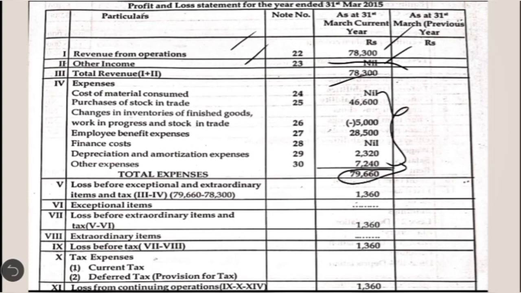Okay, so we want to calculate whether there is profit or loss. Here the total expenses are more than total revenue, so we will have a negative value, which is loss before extraordinary item, exceptional item and taxes. The negative value here is minus 1360, which is a loss. From that we are going to deduct the exceptional items. It is nil, so 1360 is the loss before extraordinary item. In the next line, less extraordinary item, which is nil, we have 1360. In this case they have not given anything regarding providing for taxation, so it is nil. So ultimately we will again have a negative value, that is 1360, which is the loss for the current year.